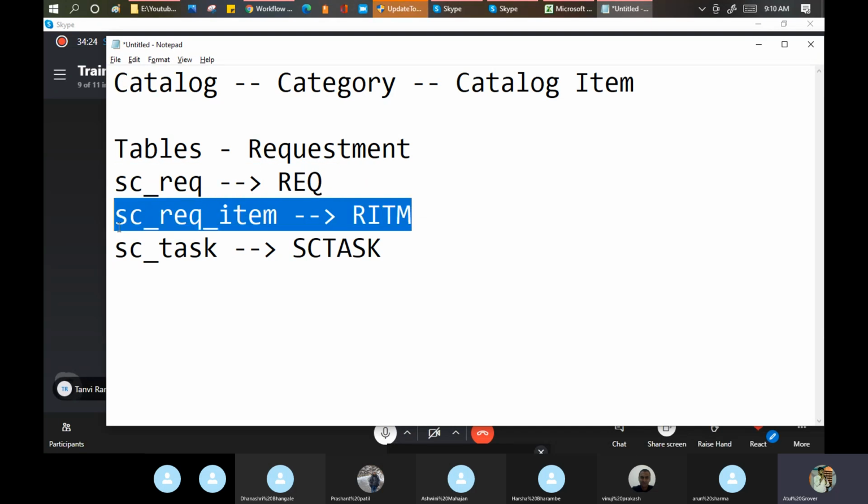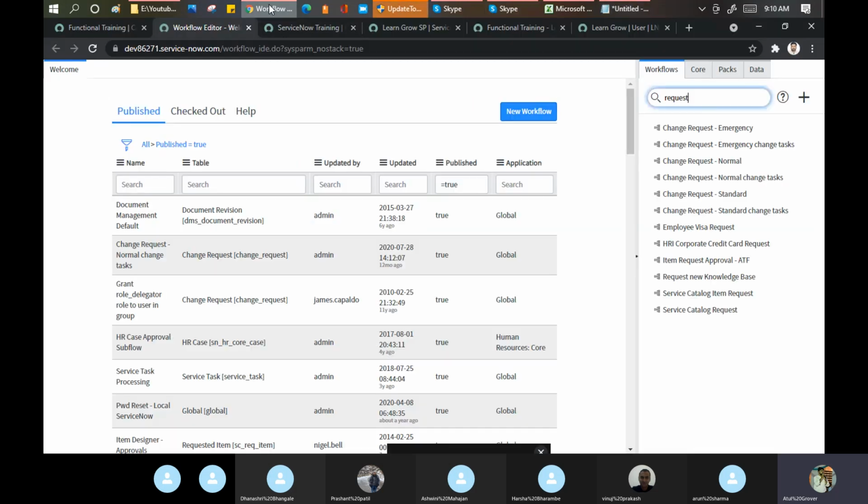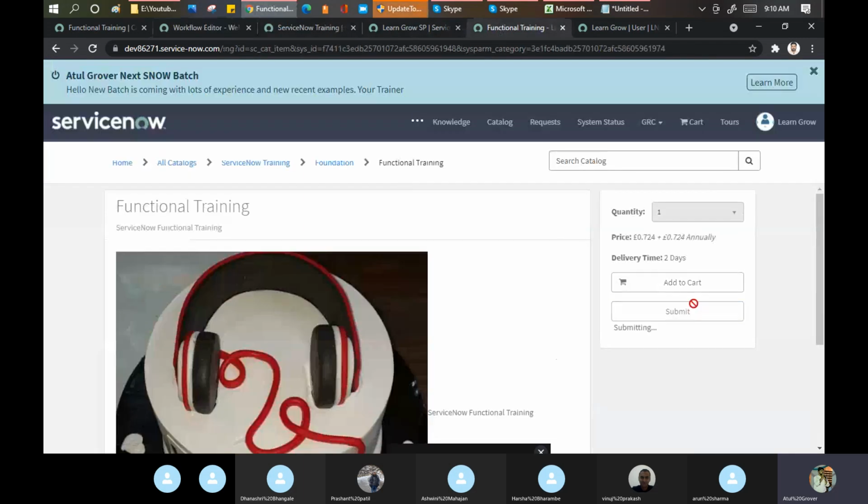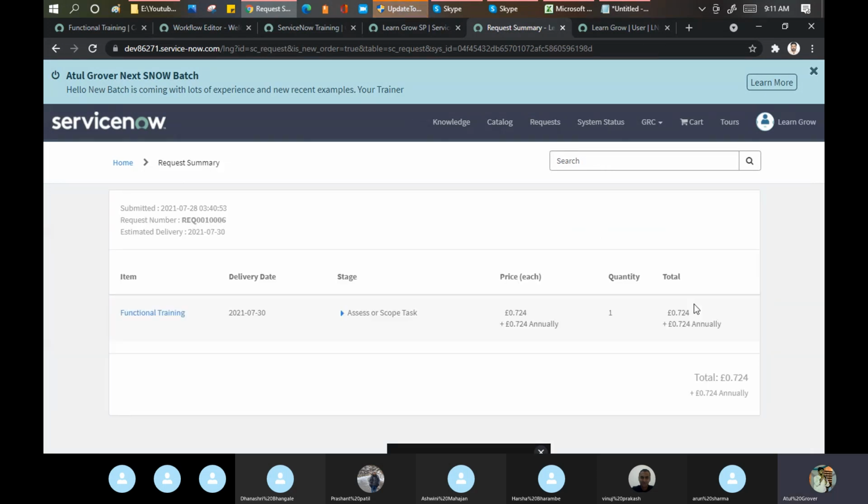In the same manner, now we will create one workflow and attach it to the SC_REQ_item table. And I will define that if anybody is raising a request, if anybody comes here and says submit, what action should happen in the background? How will he get notified further? How will I get notified further?